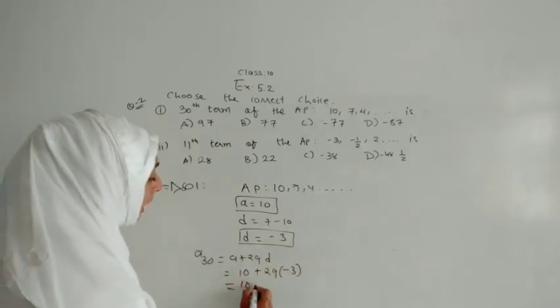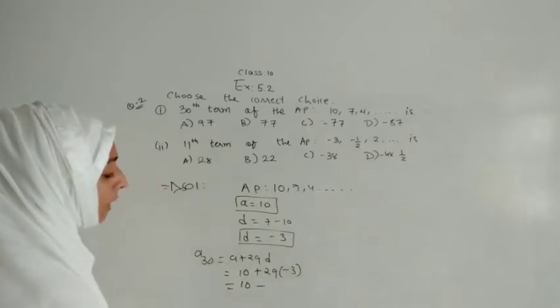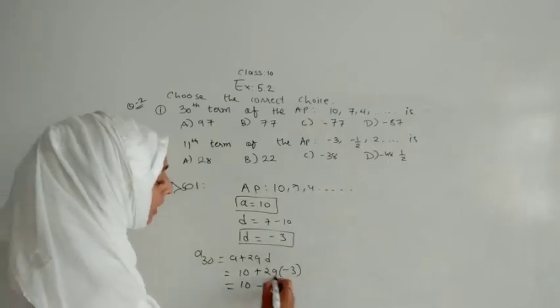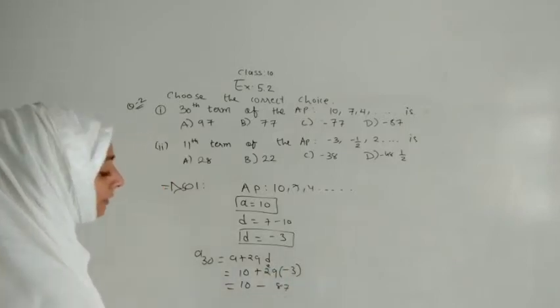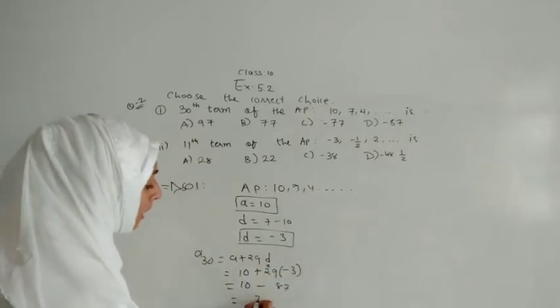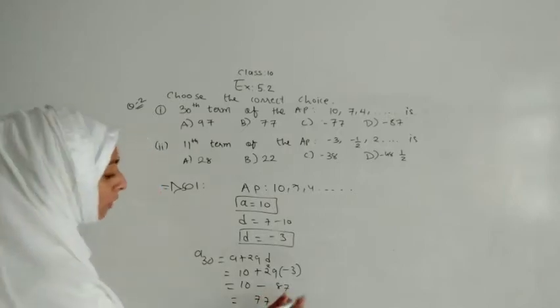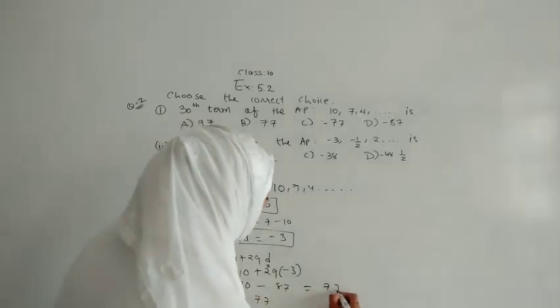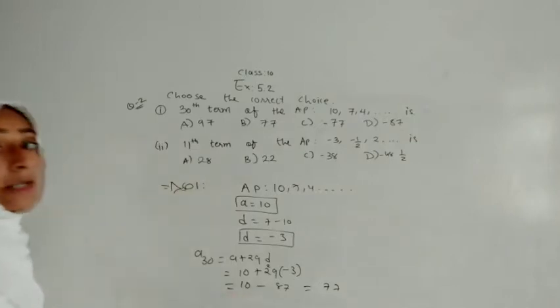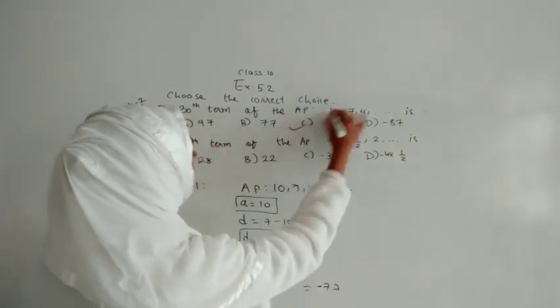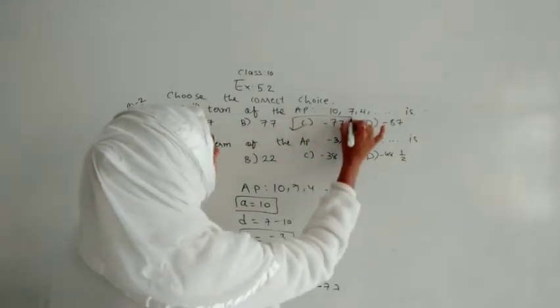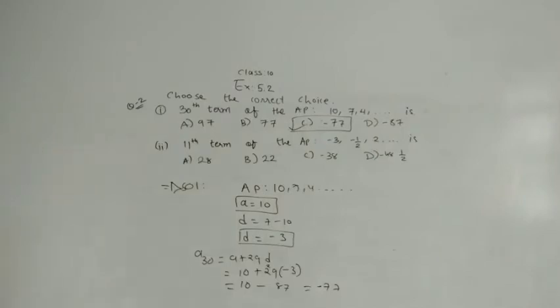So it will become 10 plus minus will make minus, 9 3s are 27 and 2, 3 2s are 6, 7 and 8 means 87 minus 10. So it will make 77, but the symbol of the greater number that we have to write as minus, because it is minus. So from this option we will choose option C for our correct answer.